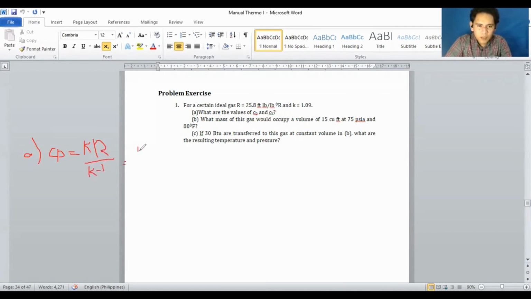So your K is given, 1.09, multiplied by your R, which is 25.8, all over your K, which is 1.09 also, minus 1. Therefore, your CP is 312.47 feet-pound